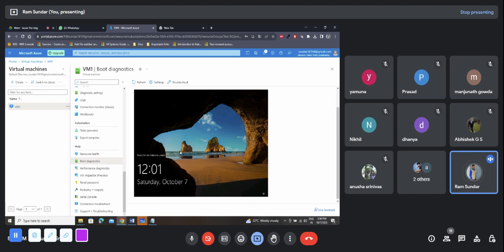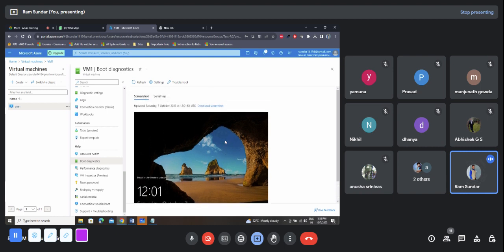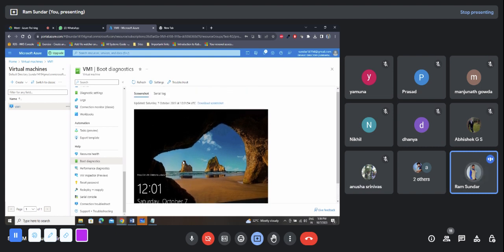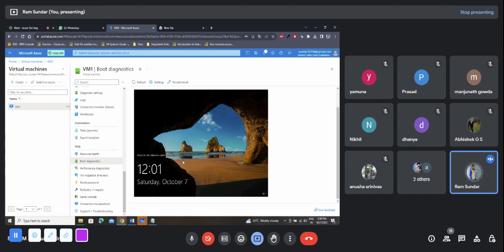When you get this window, we can consider the VM is in a running state. Which means we can see the Windows logo, and the date and time. So there is no issue with the virtual machine that we can identify. But suppose instead of this logo you are getting a full black window